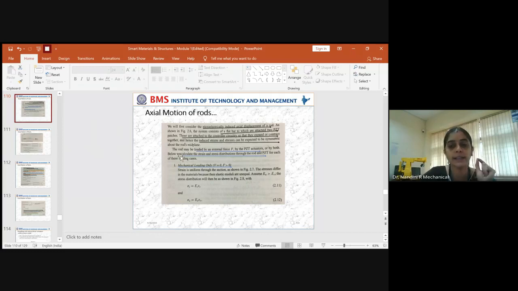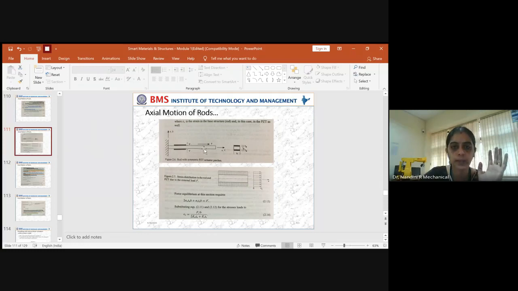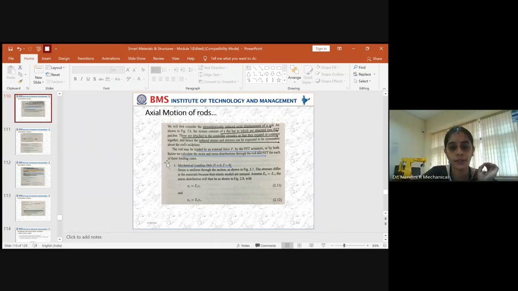And the second thing is, the rod here can be loaded by an external force. I have shown you the diagram. So this is the device construction. You will be having the structure and the piezo patch, and the structure here could be subjected to the external force, in the direction in which the substrate is mounted. Okay. Based on this concept, we have to calculate the strain and the stress distributed. I'll just cover only this part, mechanical loading, and I will stop for the day.